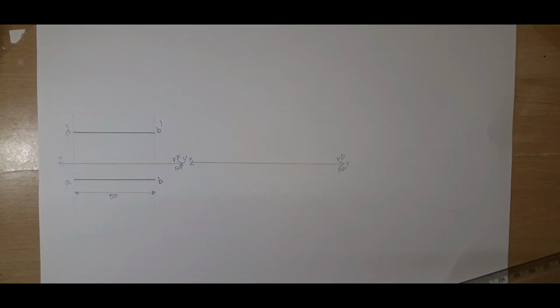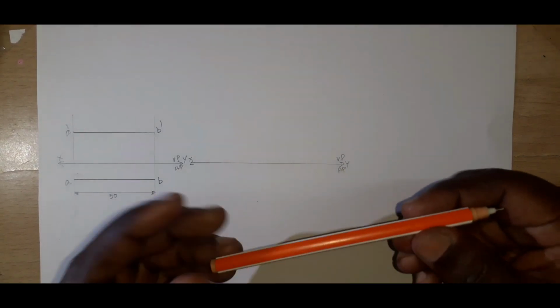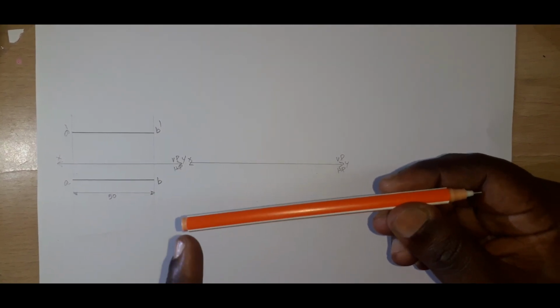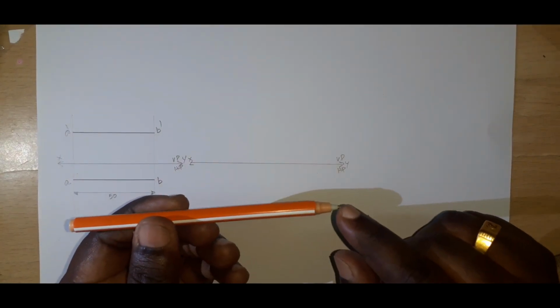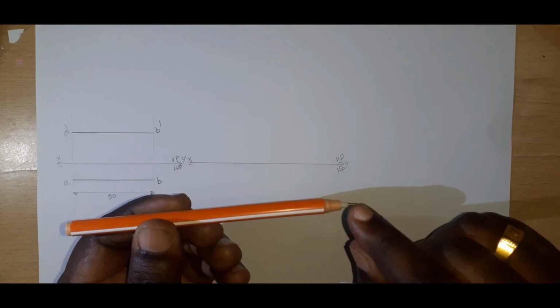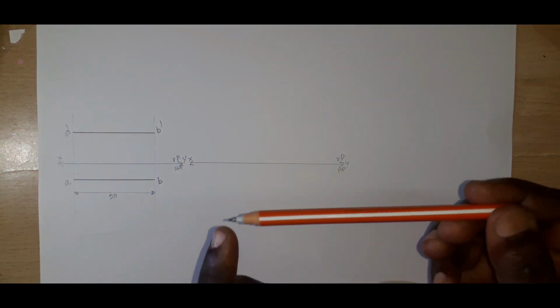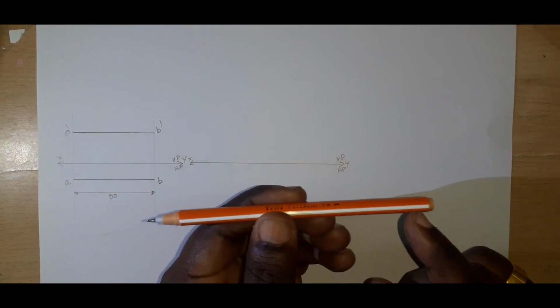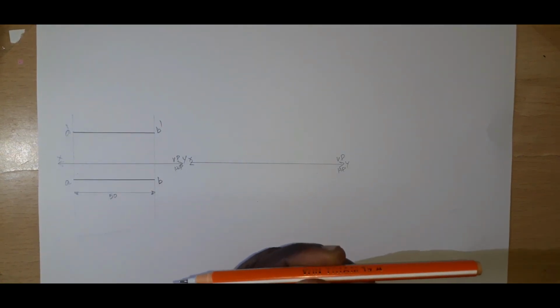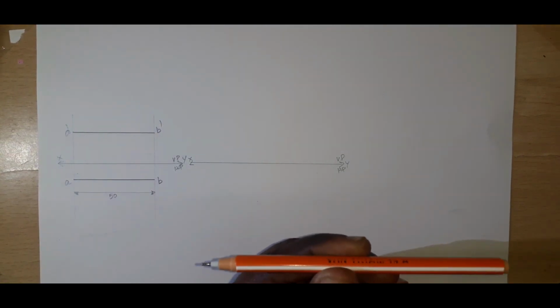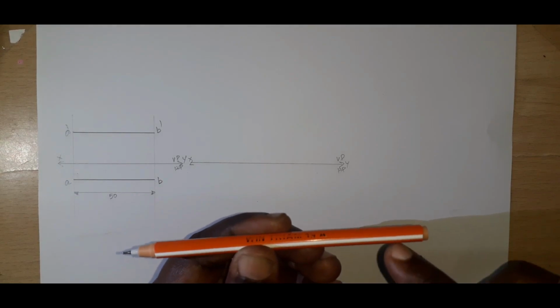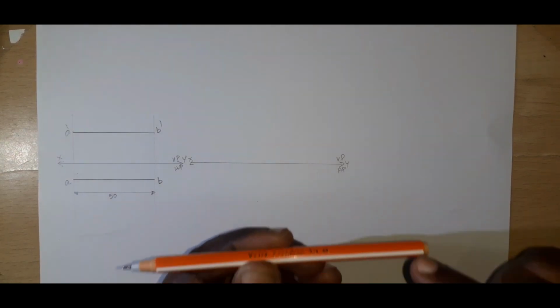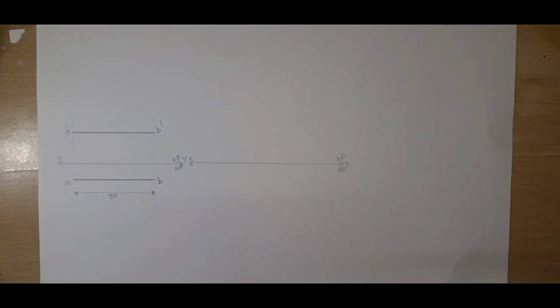I already told you to consider this as the line, and this is one end and this is another end. Suppose this is the starting point, then this will be the end point. The locus, the distance of the end point from the XY line, will be clearly given in the question. So now look at the question.